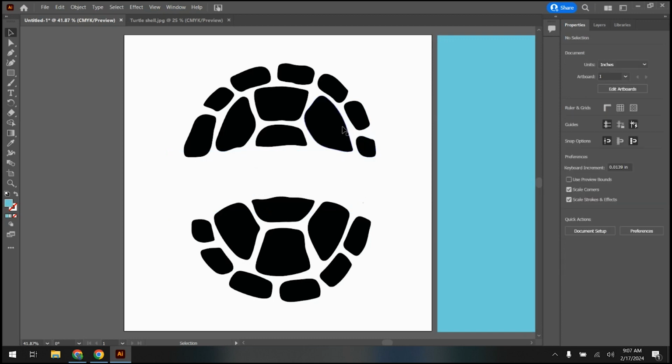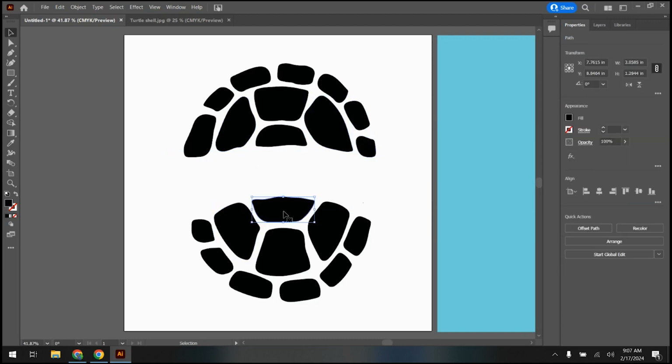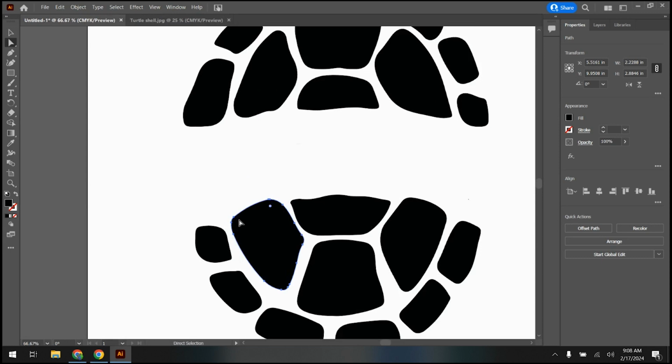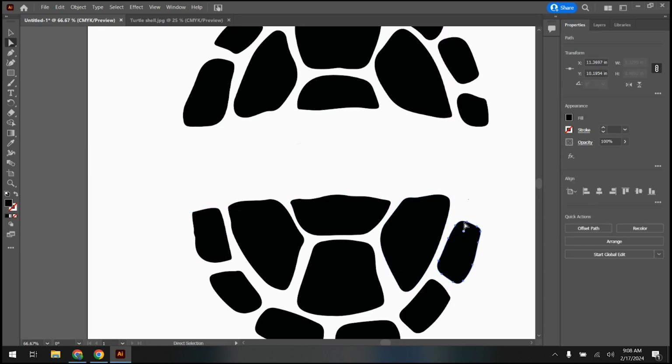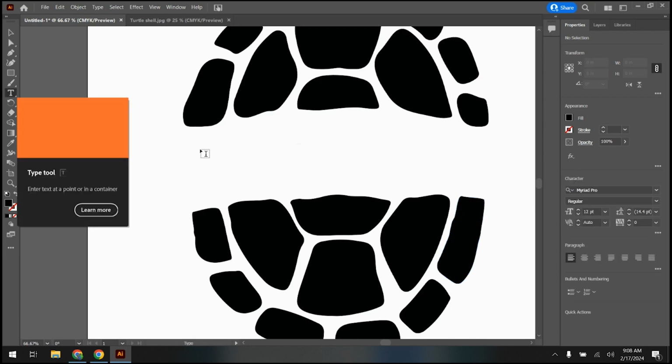Boom. Okay. Now I can move all these shapes around if I want to. See, I could also move this one around. I could also go into the direct select, double click on this point, bring that up, bring that up. See, and I'm just moving this around, making it my own. Okay. And then on this side, double click on the anchor point to pull it up like we were doing last week. Then I'm going to pull up on this one, and this one, and that one. So now it's even,